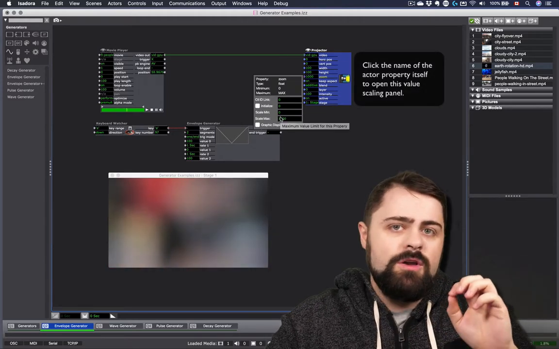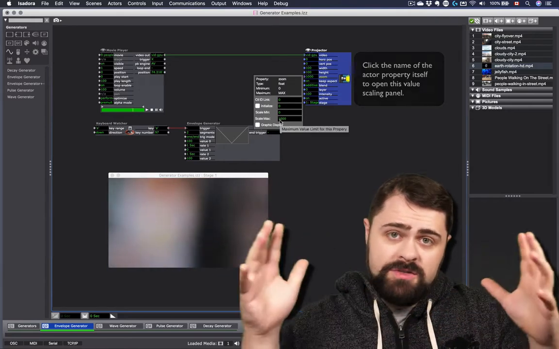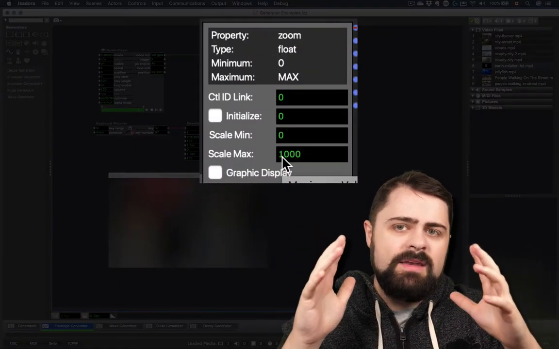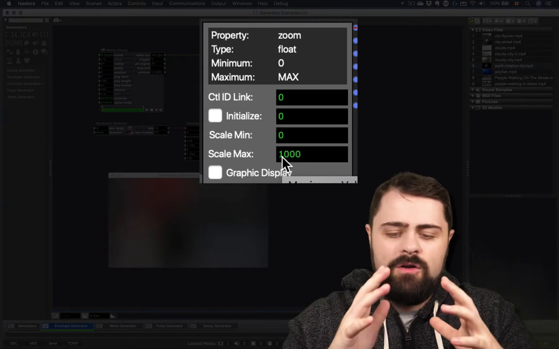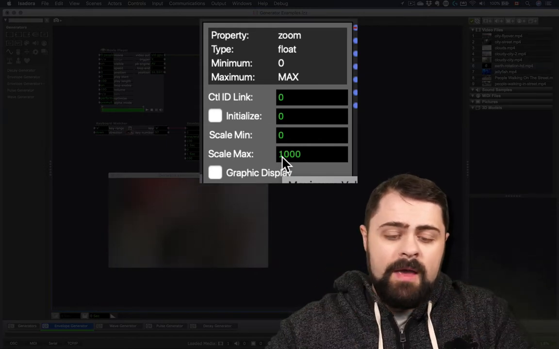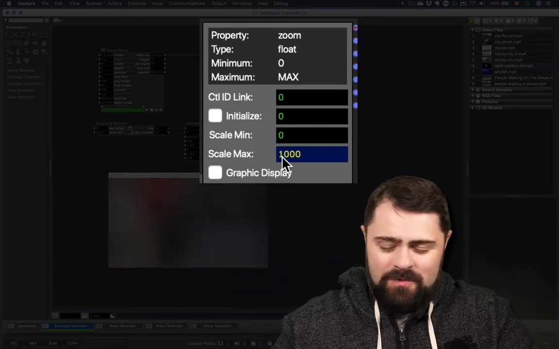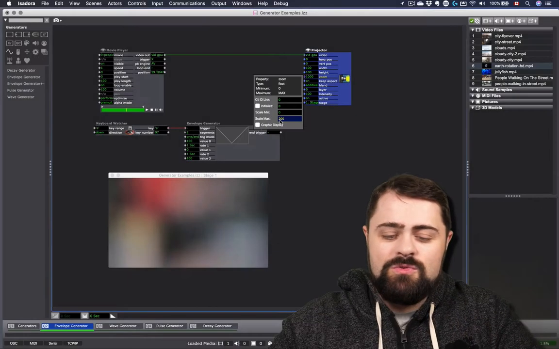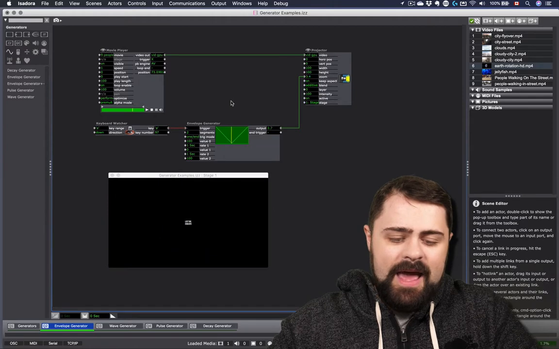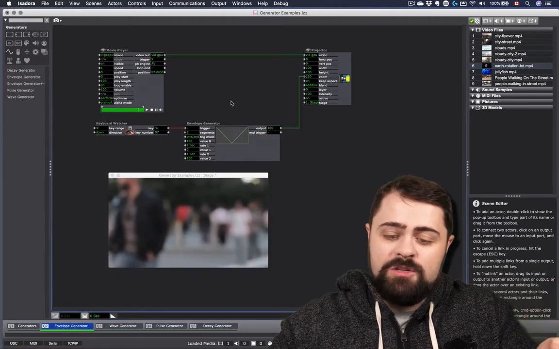So this is where we need to go back to our review of the value scaling, and we might need to adjust the value parameters of the zoom somewhat, maybe to make it match. Maybe I'm going to make it so that it doesn't go all the way to a zoom of 1000, and maybe just make it to 200. In this case now, it is going to zoom in a much more reasonable way.